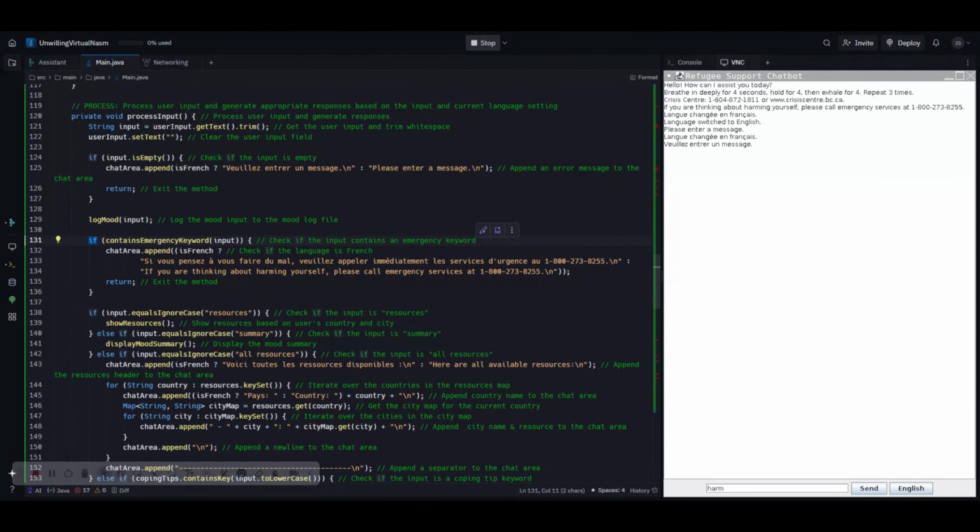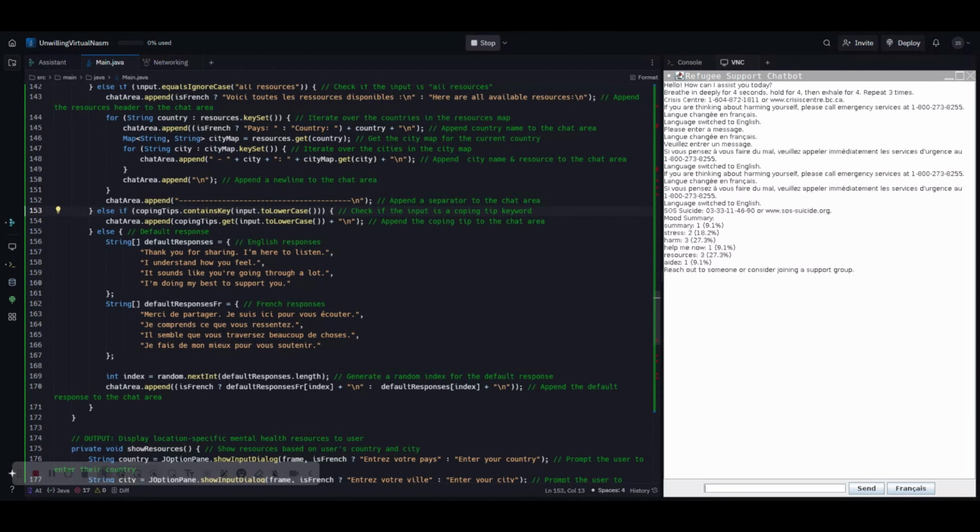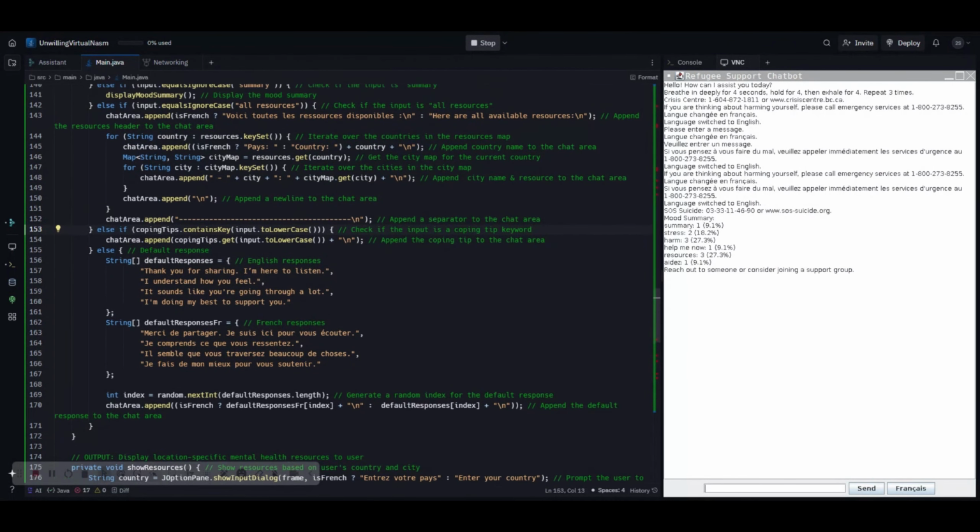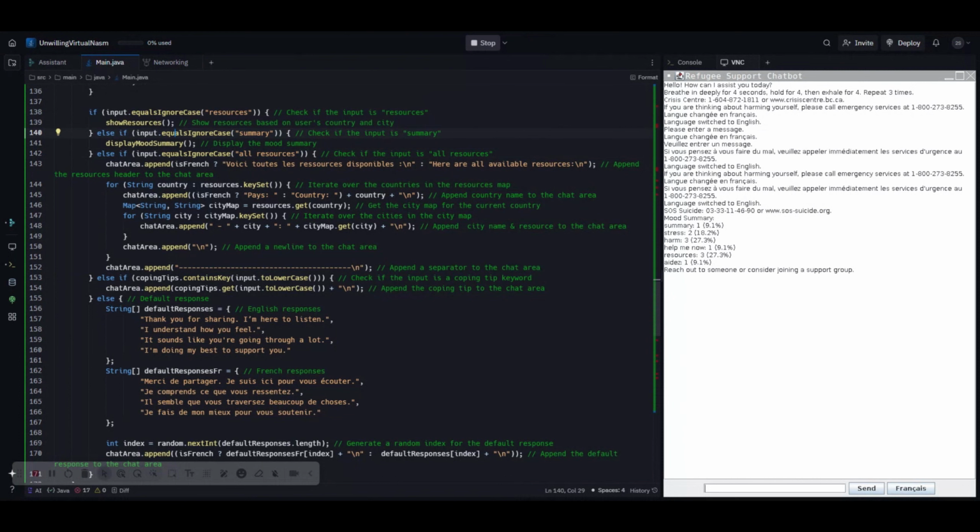However, if the user's input does not match any specific conditions, so you'll see here, if it's not matching anything, here we go. If it's not matching any of these, resources, summary, all resources, if it doesn't match these words, even with the equals ignore case, so the uppercase or lowercase, it's going to use the else block, which provides a default or generic